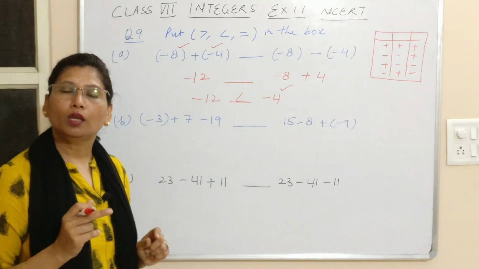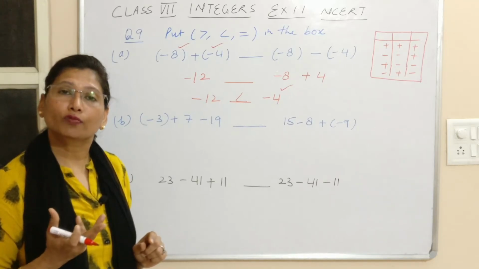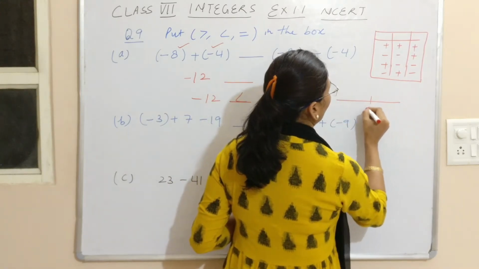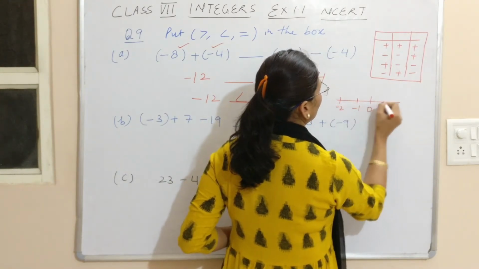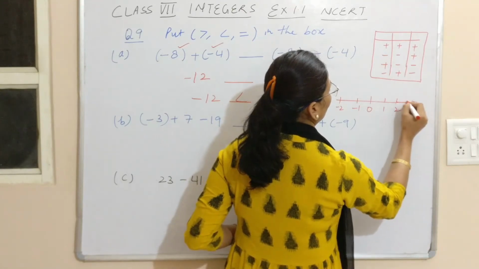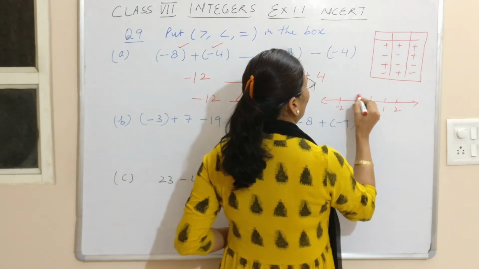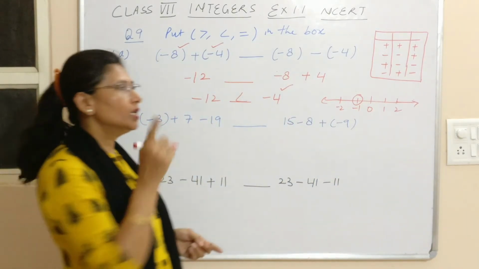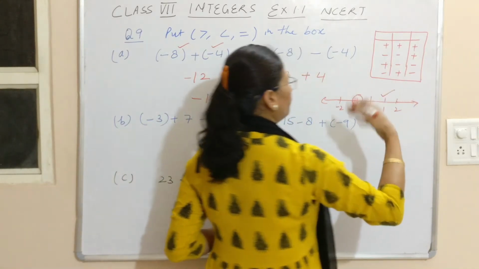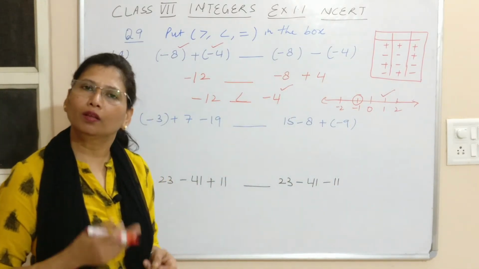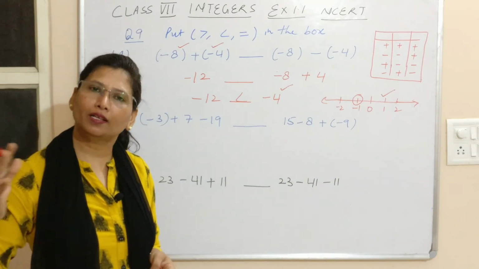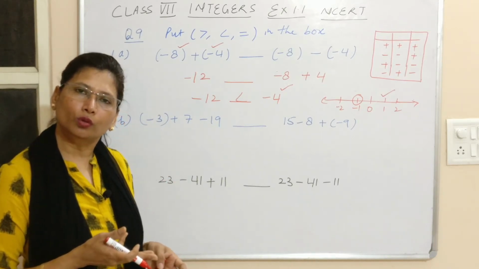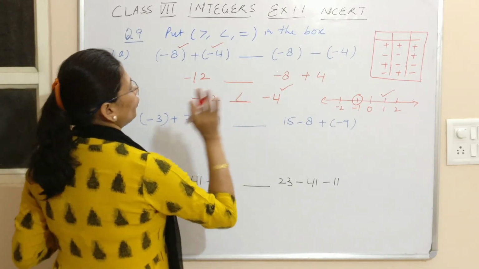If you don't understand how come minus 4 is greater than minus 12, I have told you on the number line, it follows the opposite. This is minus 1, minus 2, 1, 2, 3 and so on. So the lesser the number in negative, the bigger the value. Same way here, for positive it is clear. We know that from the beginning, as we keep on moving on the right side, the value increases. But for the negative integer, it takes the opposite course. So here minus 4 is a greater number.